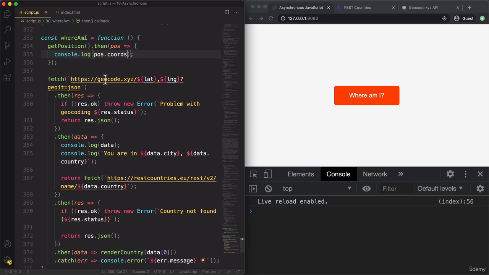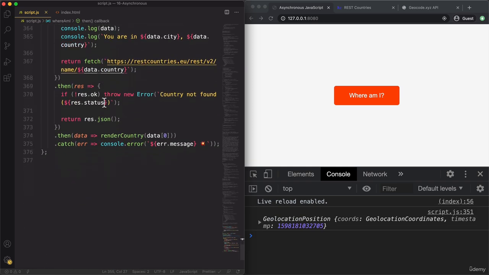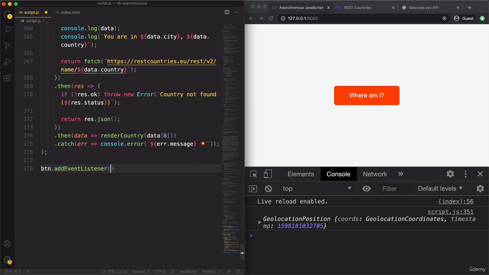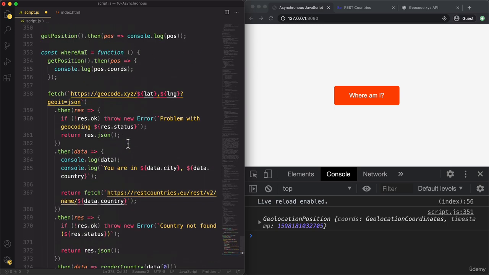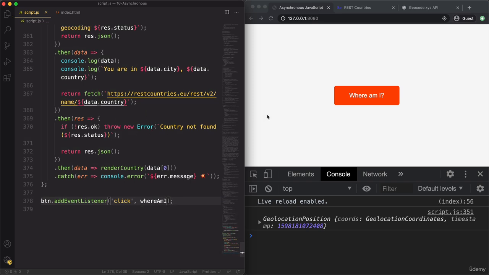So let's run this, but probably we're going to get an error when we run this. Oh, and actually we first need to set it up with the event handler. So remember, that's the button. And then add event listener. And of course, we could also immediately run the function, but I think that it's nice to call it only when we click that button. And here we actually can simply pass in that function now. So the whereAmI function, because we don't need to pass in any arguments. So if we click now,